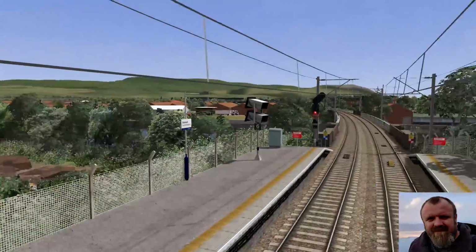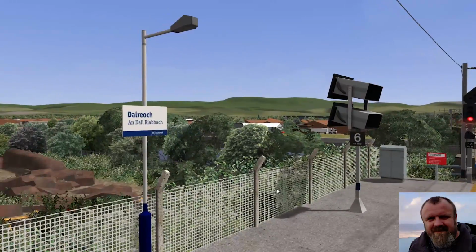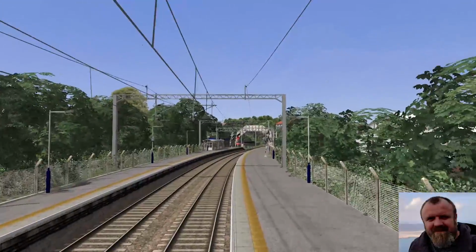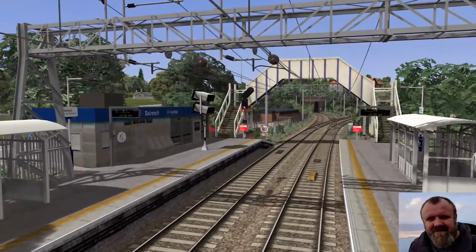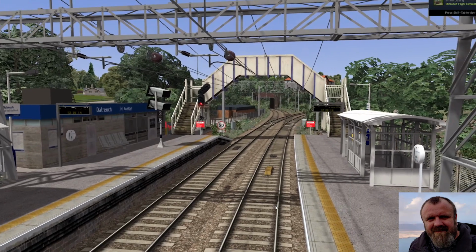All the station name boards, I made them and they've been completely revamped for this as well, to use the correct fonts. You can see the Dalriach Station building, I made that myself. It serves a purpose pretty well, I think. Alexandria was another one that's fairly similar to Dalriach. But for the most part, the vast majority of the assets came from existing things, plus the work that Rivet had done, the artists that Rivet had done.